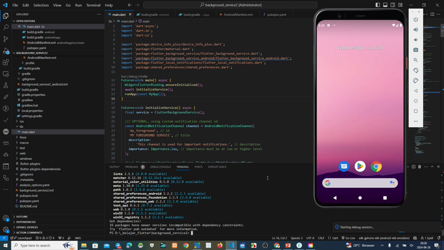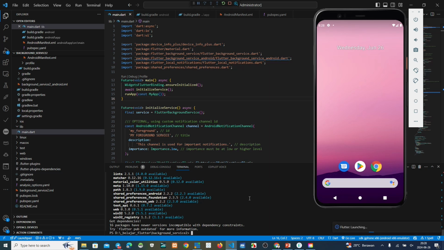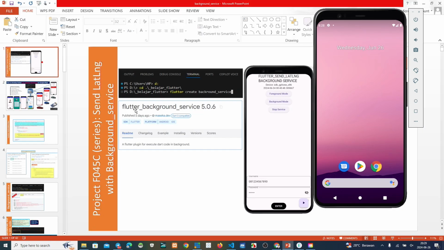I think this is okay, there is no error. This is the first update on how to develop a Flutter background service. We can see this one without the latitude and longitude, only this one. But we have finished making this project run as a background service.